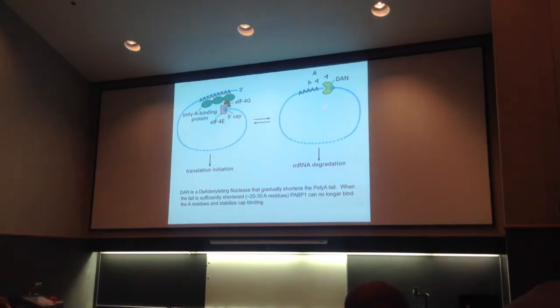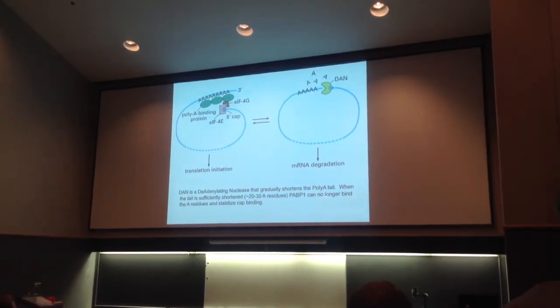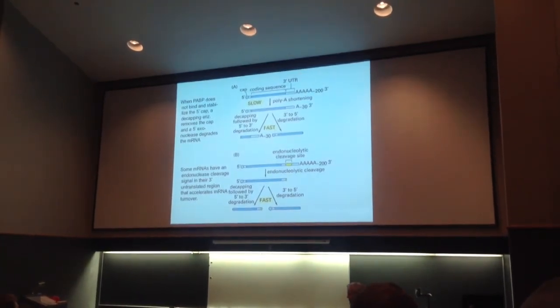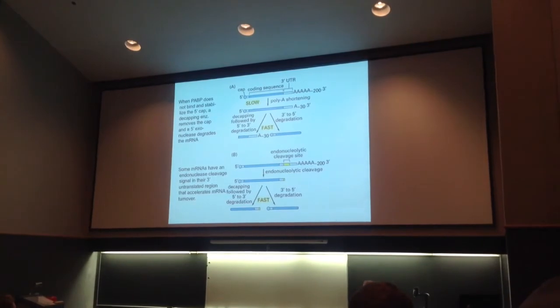Okay. So once this tail gets short enough, then the poly-A binding proteins can't get there. Once it's shortened to about 20 or 30 or so residues, poly-A binding protein can no longer bind A residues and stabilize this cap binding process, and the RNA is turned over. Now, there are other ways in which the half-lives of RNA can be regulated. And one thing, if you remember, these guys have a 5' cap. Poly-A tail protects them from the 5' exonuclease and the 3' exonuclease. But if you generate a piece of RNA that doesn't have a 5' cap or tail, then it's very quickly